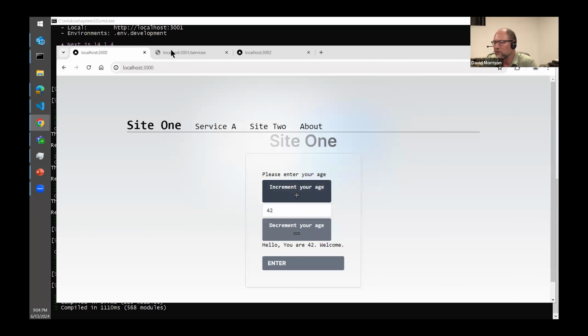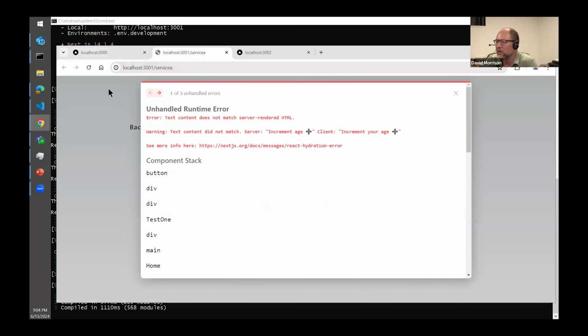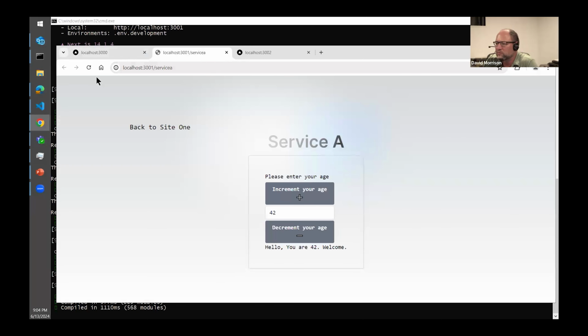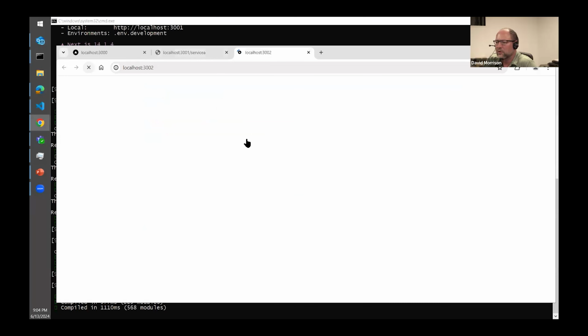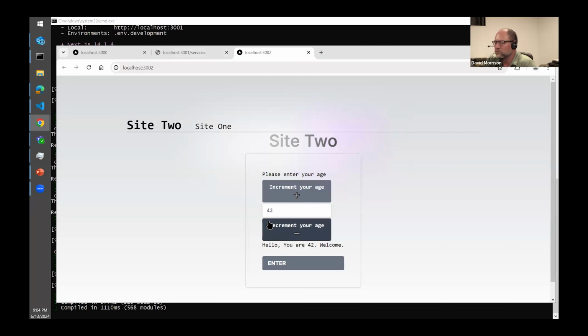And there we go. Across all the sites, with the Vercel hot reload feature, I didn't even have to refresh the browser. As soon as I hit save, the WebSockets from Next.js noticed the change. I'm not sure why I had to refresh that one there, but you can see I made the change across all 3 sites with just changing a single component. And that's the basics of how you would work locally.